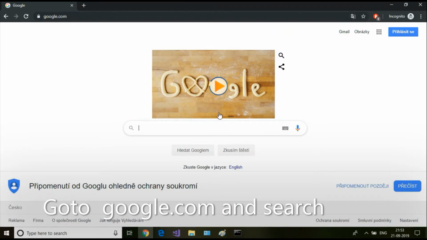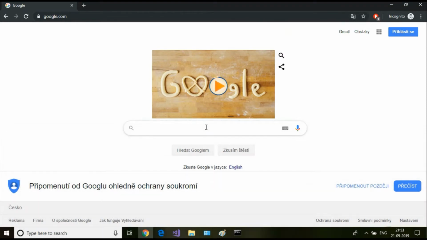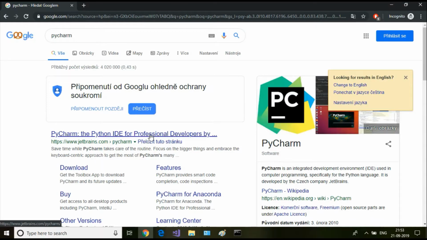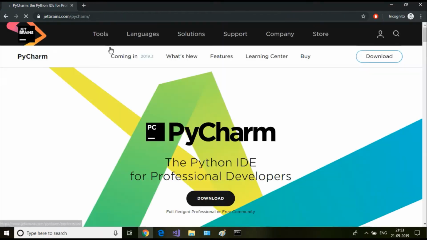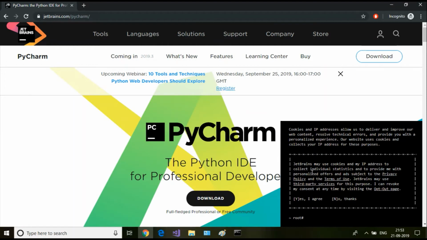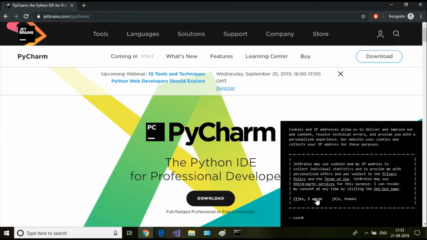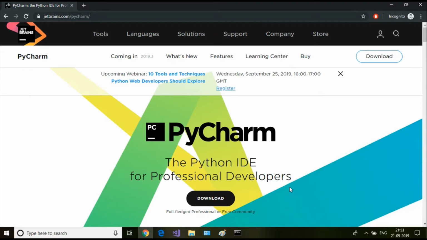and search for PyCharm here. And it will go to jetbrains.com and PyCharm. So from here I'm going to download the latest IDE. Click on the download link,